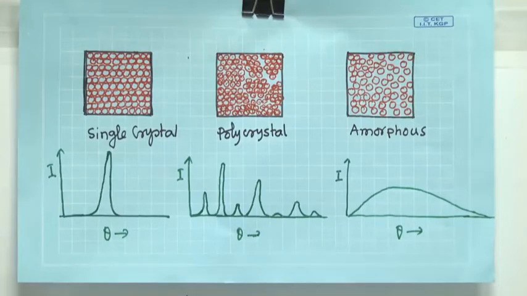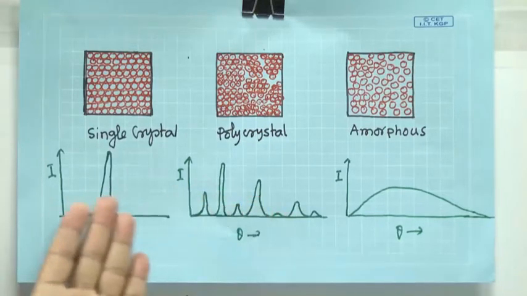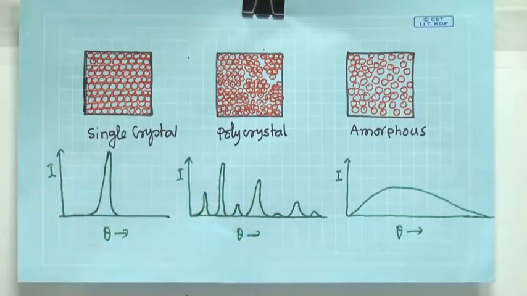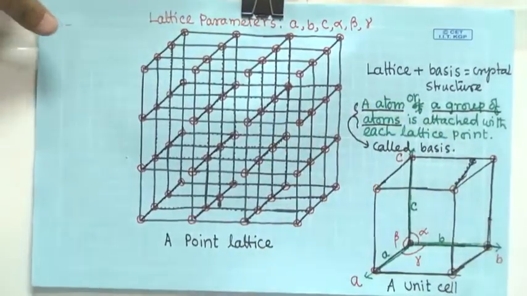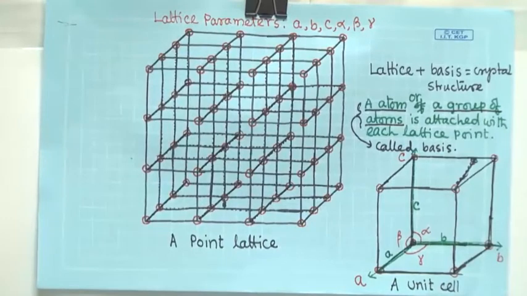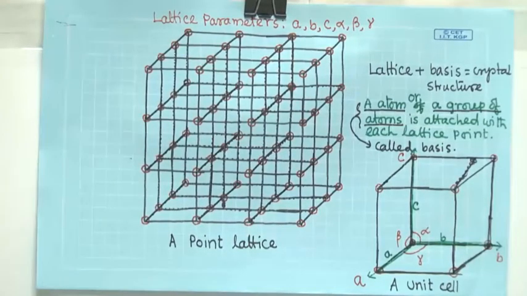Now, as I told, these materials have two types of structures: one is single crystalline structure and another is polycrystalline structure. Seeing the diffraction pattern, one can immediately tell which it is. Hopefully you know this, but I am revising it again in my own way, keeping the aim of correlating it with X-ray diffraction.